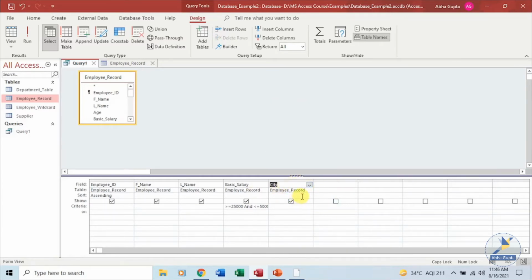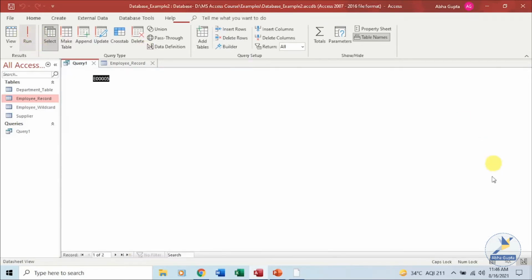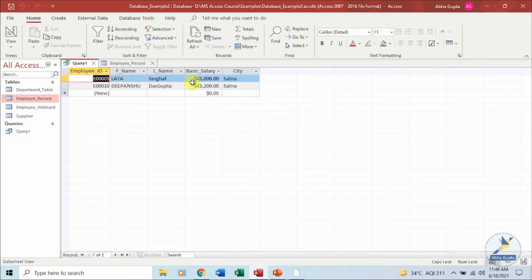City, from the same table, and the basic salary criteria is already there, and city should also be selected. If we have any record with this particular city, then it will show me. Yes, we have a record over here where we have the city.